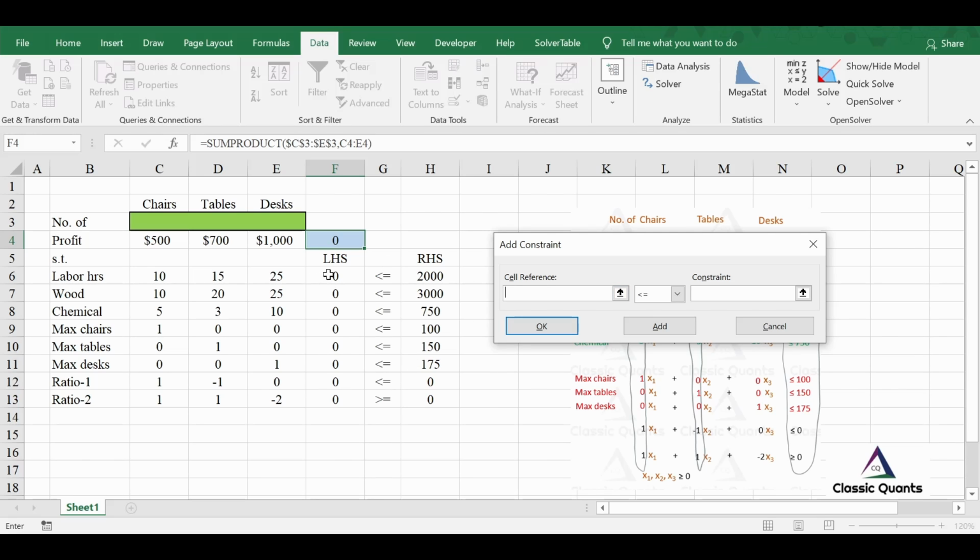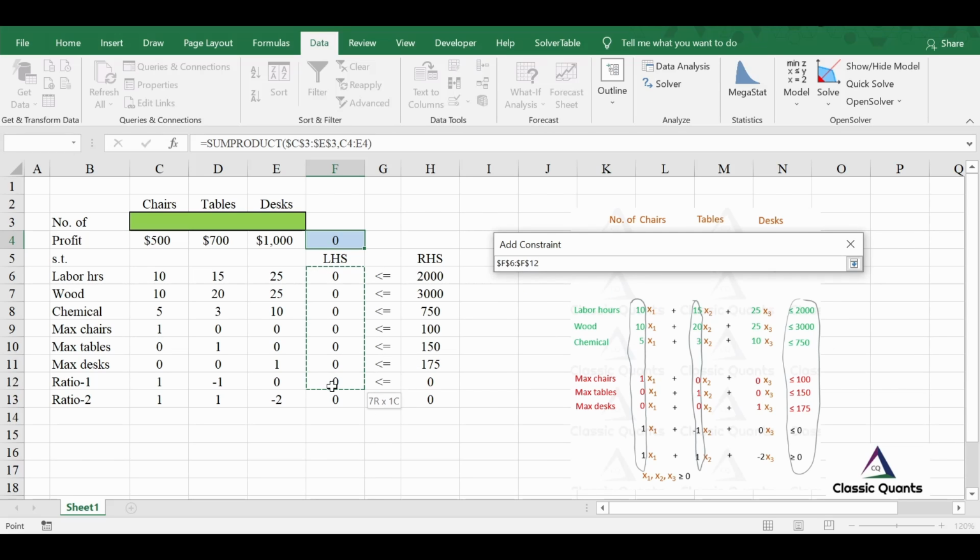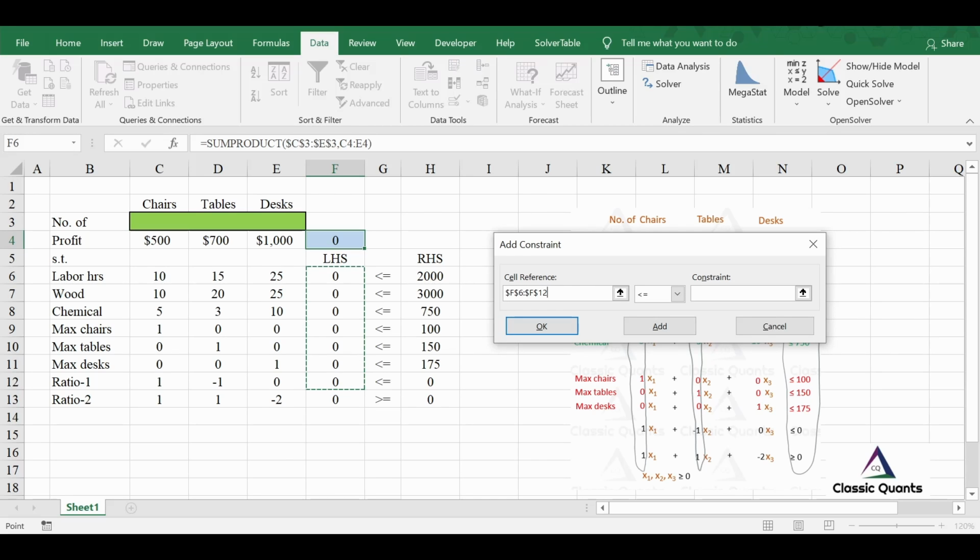So I will select this one at one go, and then the right side at one go. And what is the type of the constraint? Here in the drop down menu you will get the type. So in this case this is less than equal to. So by making this one entry, I have made sure that the first 6 constraints are entered.